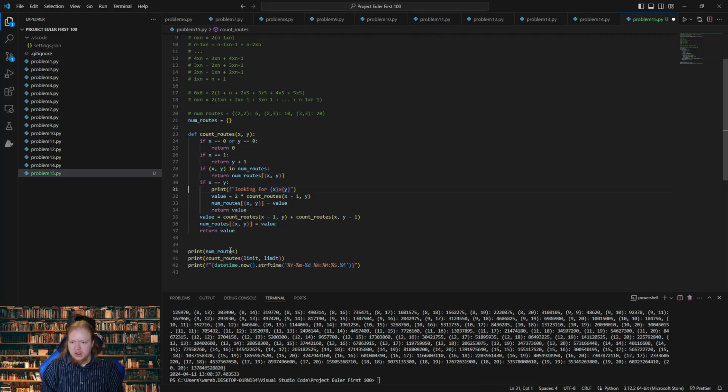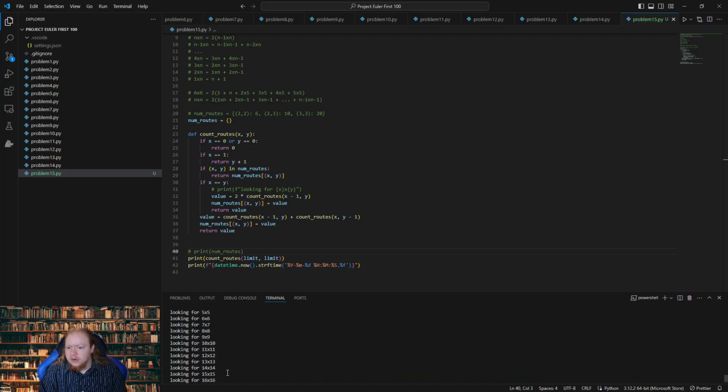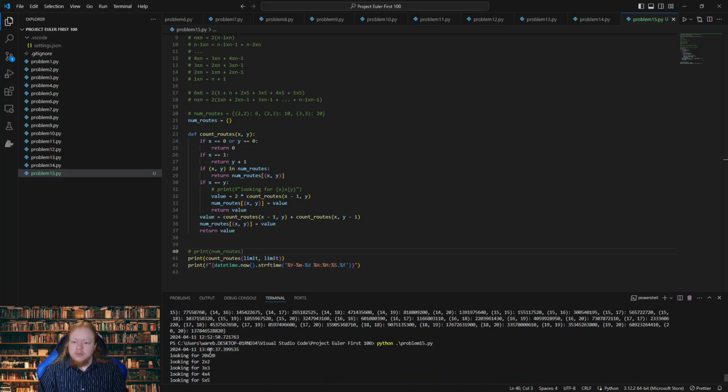Actually, let's just comment out our print statements, except for the exact answer, or I suppose that doesn't really make a difference. So it's 0037.4, and we started at 0037.39. So literally, basically no time at all here. It performed effectively, I think,